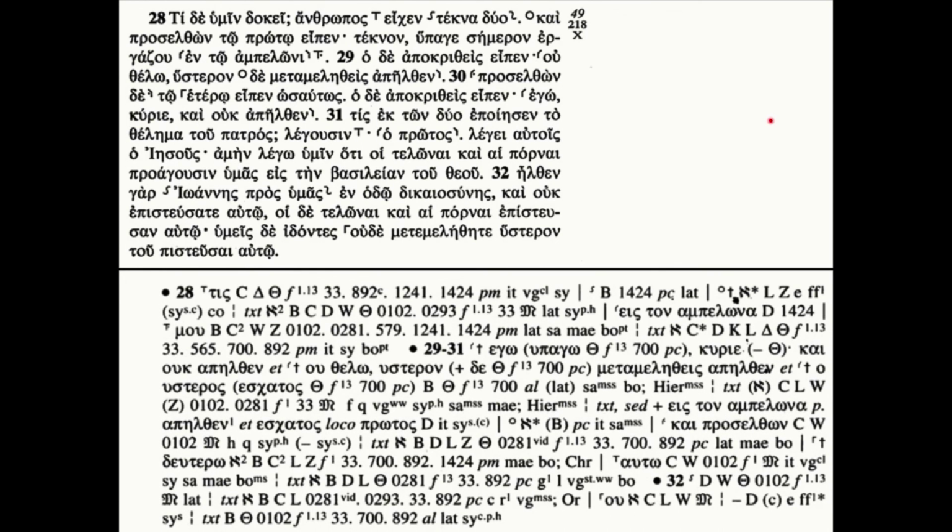So let's go to a specific couple of examples from this particular page. I've enlarged the body text of verses 28 to 32 and the apparatus for the same verses. If you look up here in the upper right-hand corner, you see that circle before the word kai, which means "and." What that is indicating is that if you go down to the apparatus, it's going to show you in verse 28, where you see that circle, all the manuscripts that omit the word kai